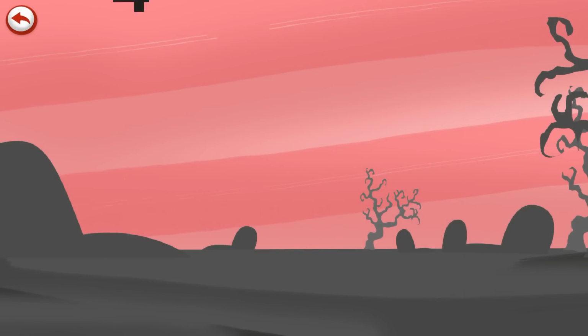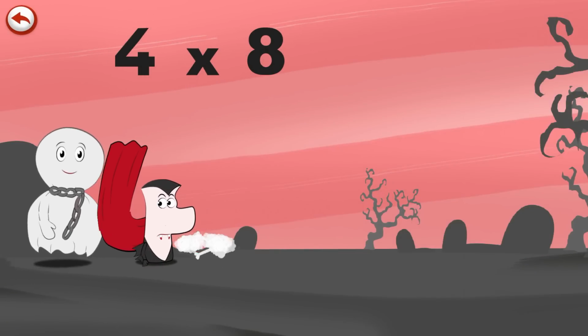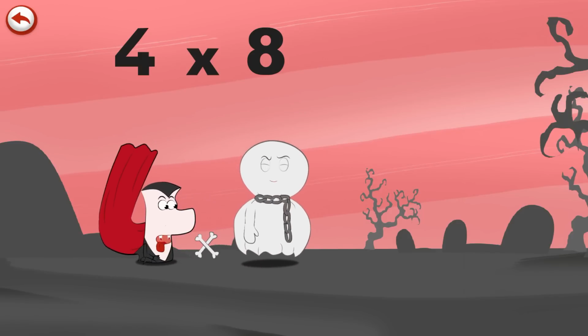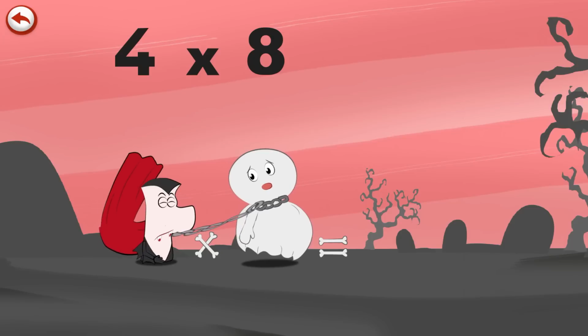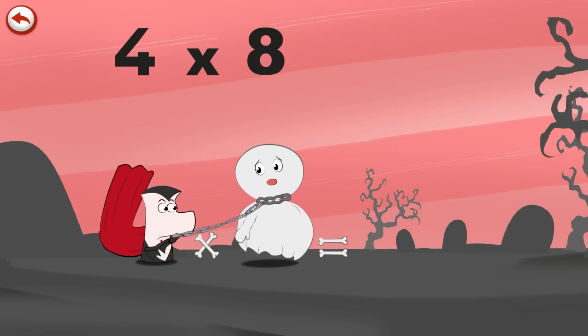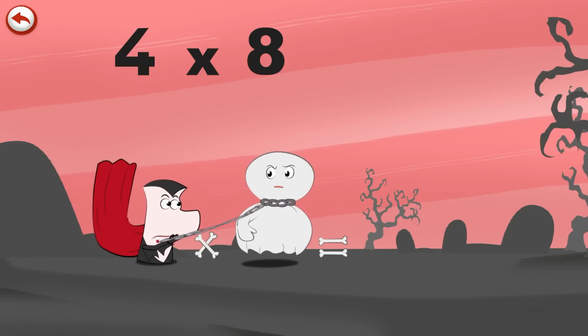What's the story of 4 times 8? When VampFour sees a chain of SpookyEight the ghost, he can't help trying to bite it. SpookyEight won't stand for that and tugs hard on his chain. VampFour resists and pulls as hard as he can,